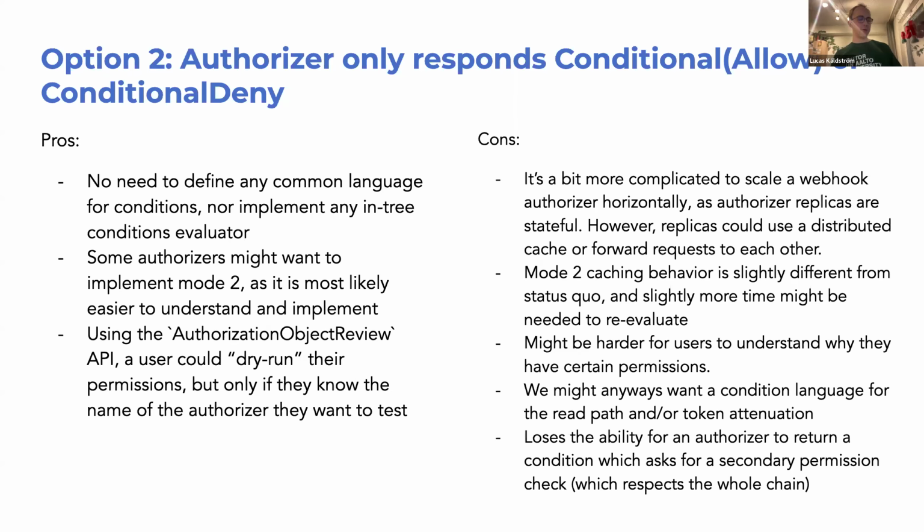Then one thing that you cannot do with this, or not easily at least, is that in the previous model an authorizer could return a condition which says, in CEL for example, perform a secondary check of this. For example, in order to create CSR objects, the authorizer could say you also need to run this authorized function again with sign, can you sign and this signer name. You can still do it, but just not within the API server directly.